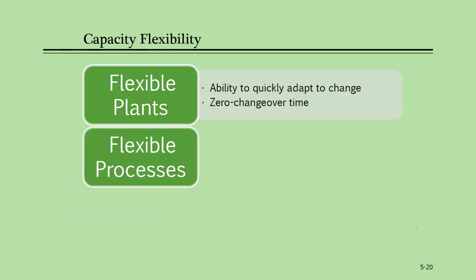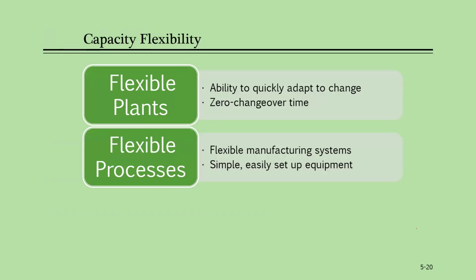The second one is that there should be flexible processes. There must be a flexible manufacturing system and it should be simple. At the same time, the processes should be simple. When it's simple, it's easy to set up the equipment. And the final one is